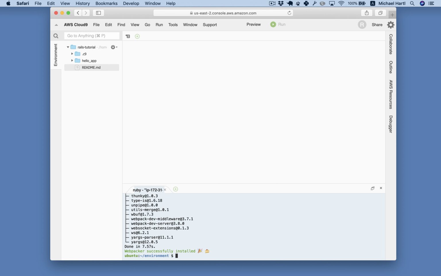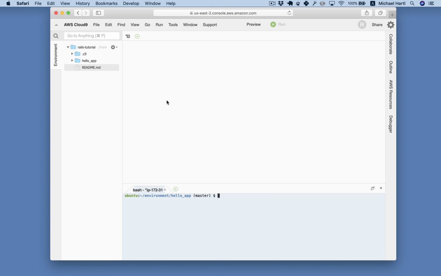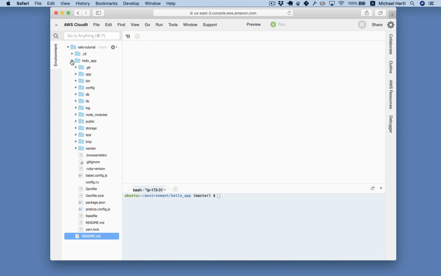All right, it's all set up. Now, that might take a minute or two, but I think this is working. Let's cd into the directory, change directory Hello App. And we can also see here, look at the file tree, and these are all the files and directories created